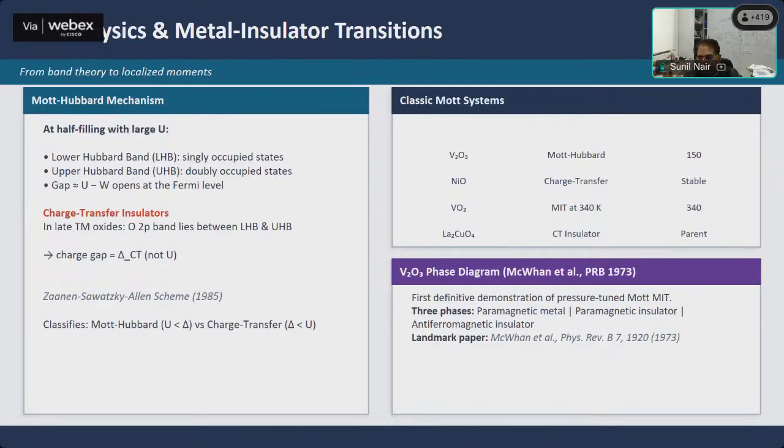And these insulators are known as Mott insulators and are extremely important in areas as diverse as colossal magnetoresistance to high temperature superconductivity. For example, there are a few of these classic Mott systems which are known here, and this Mott-Hubbard mechanism now explains the physics of systems like nickel oxide and so on, which otherwise should have been a metal, but now we know that is an insulator. And this is a consequence of the strong electron correlations that exist within these systems.